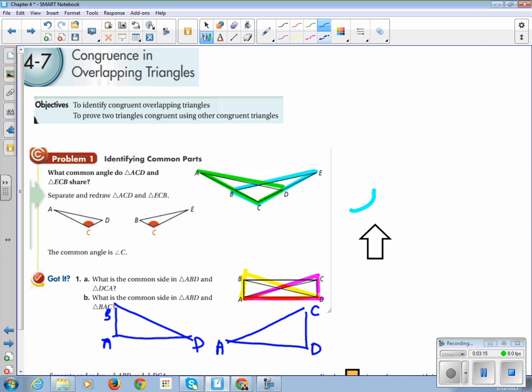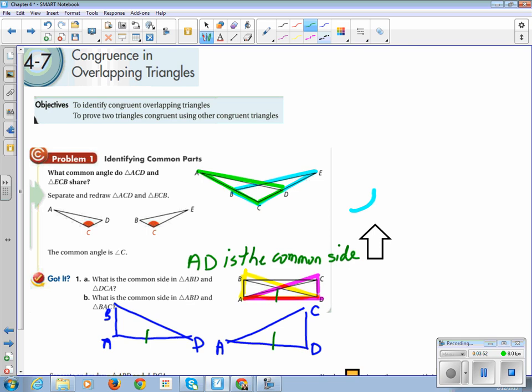Which side did we draw two times? Did we draw AB here and AB here? Did we draw BC here and BC here? No. But we drew which side twice? We drew AD twice. AD is the common side, and if you look at the diagram, it is right here on the bottom, shared